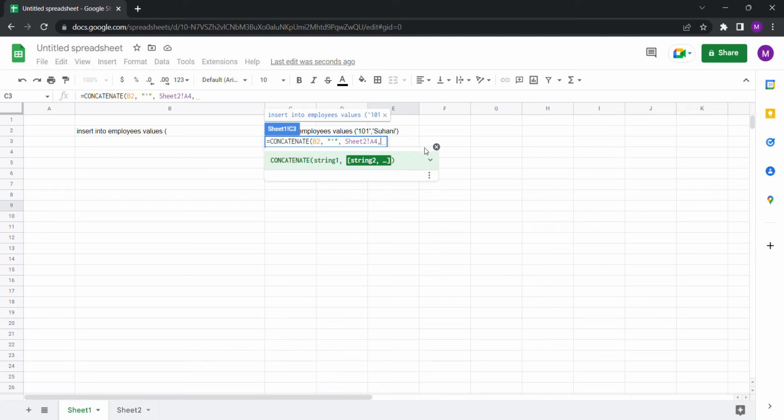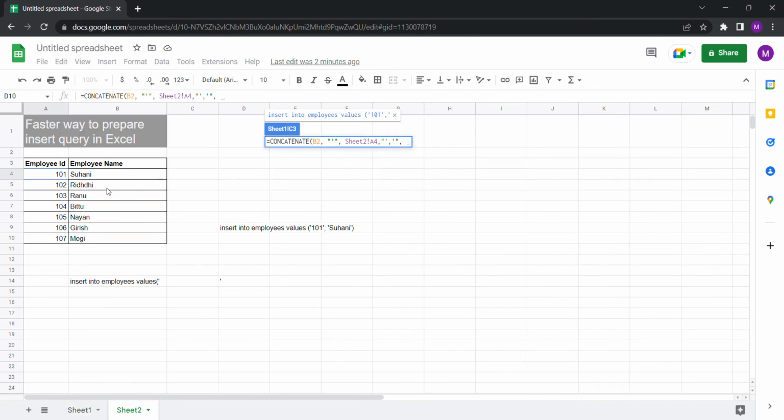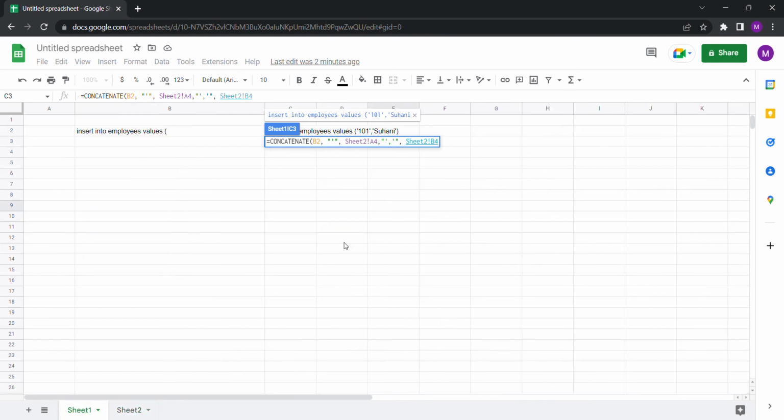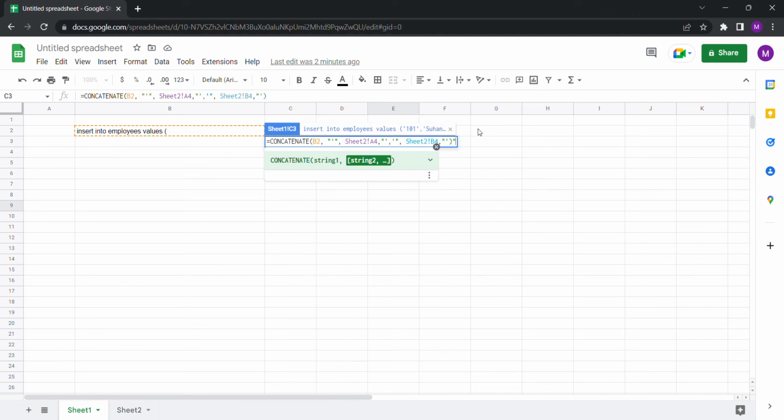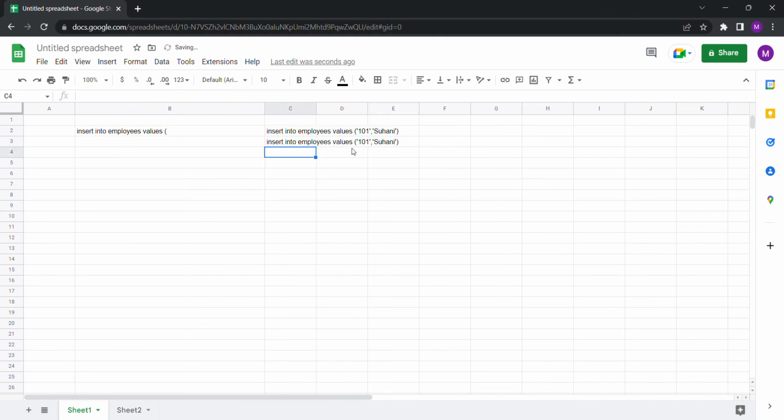So what I will concatenate again is a quotation, comma, quotation, and then closed. Then I need my data again, which is there in sheet 2. I will click on employee name, which is B4, and then after that I need a quotation and a closing bracket. So I will say, okay, I want to concatenate quotation, closing bracket, and that's it. So if you see,